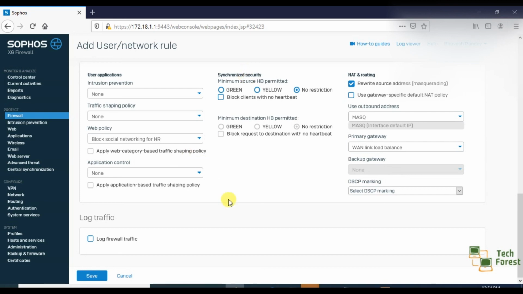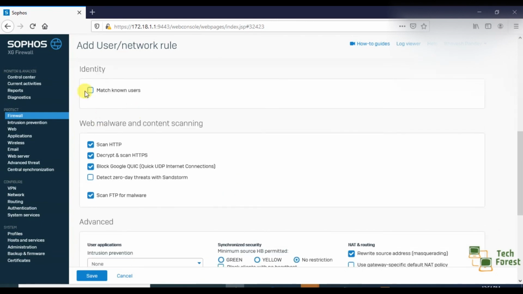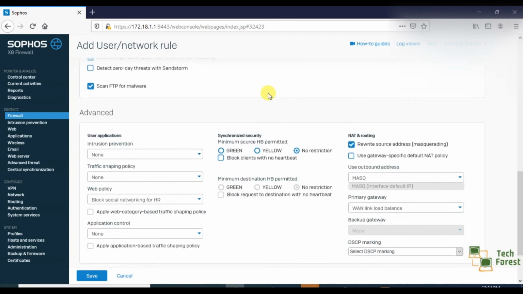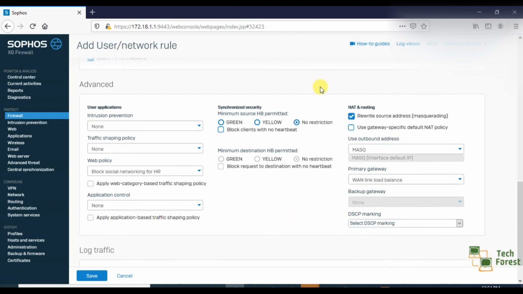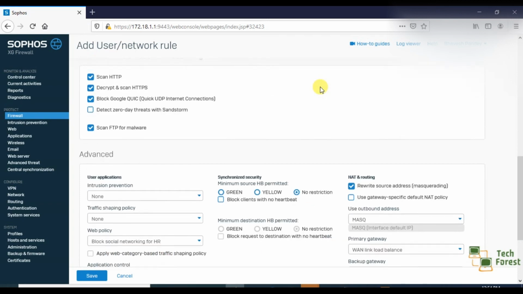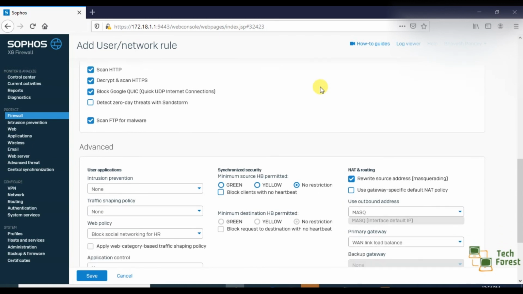We have many other points which we have not discussed right now, like how to create a captive portal, what the meaning of NAT and routing is, how we can manage IPS, and how we can manage application control. We cannot discuss this right now because first you have to understand the exact concept of these points.